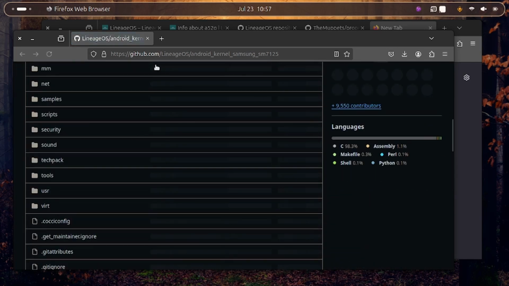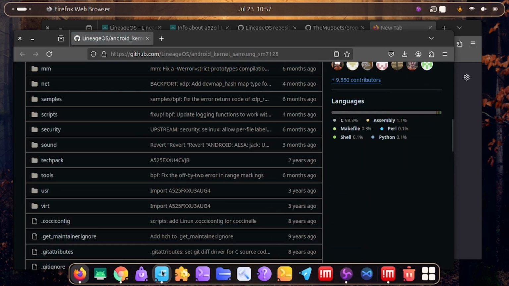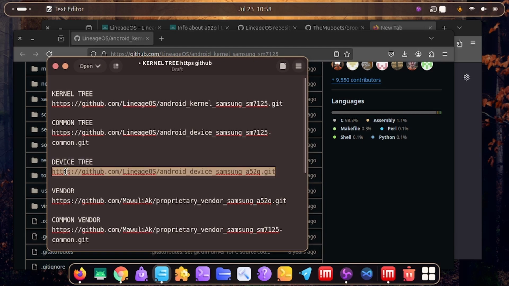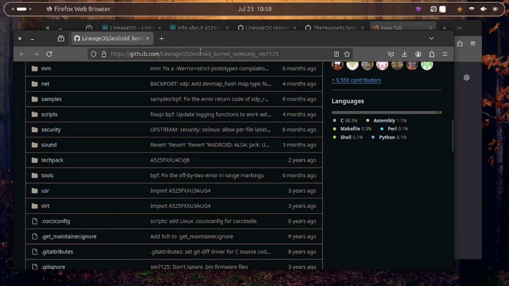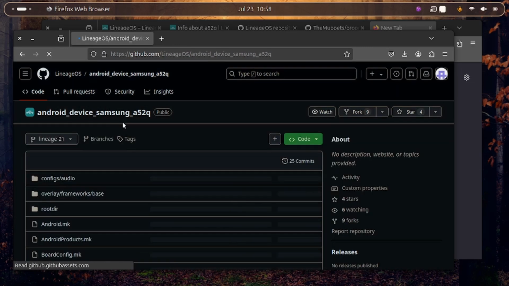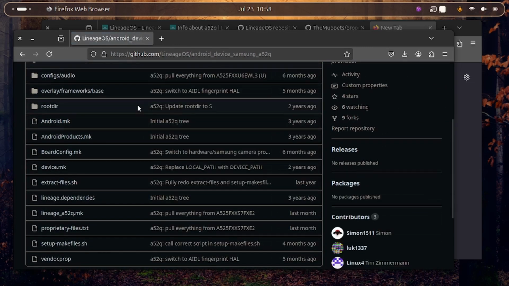Sorry, this is our kernel tree instead of the device tree. So let's go into the device tree, which is this one. Let me copy it, come to this one, Ctrl V, enter, and then it's inside the device tree. In the device tree, if you come to lineage